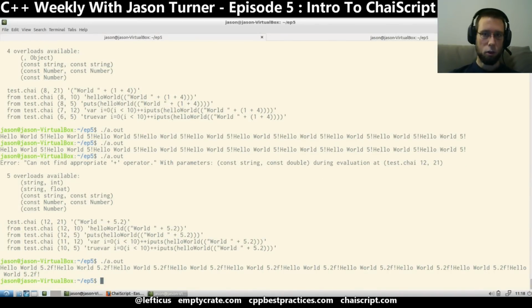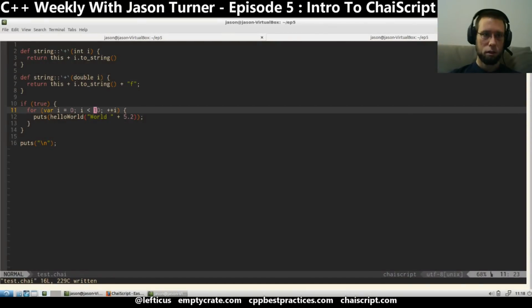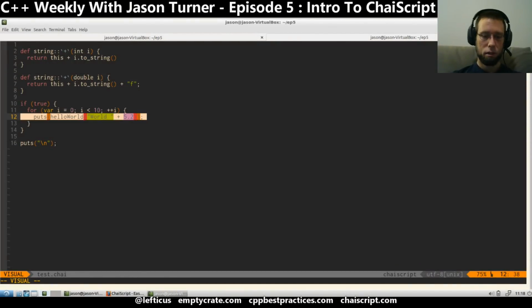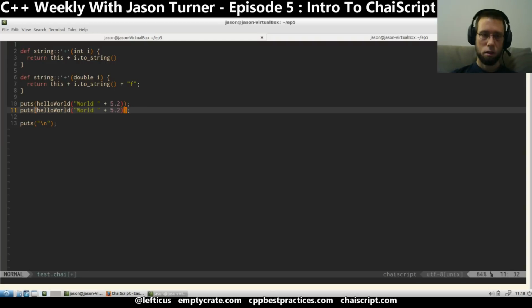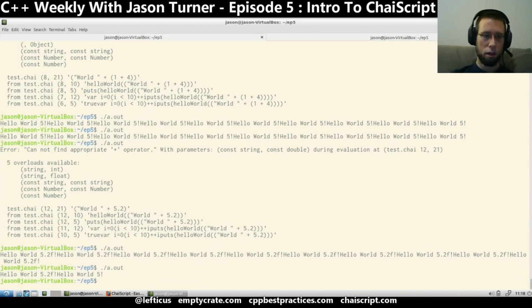There. So we get two different overloads. If we put, let's get this out of this for loop here. All right, so in the case that it is called with a double, we get an F appended to it. In the case where it is called with an integer, we do not, because it's properly dispatching on the different